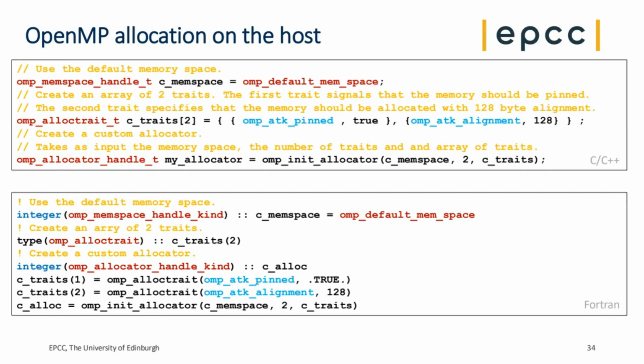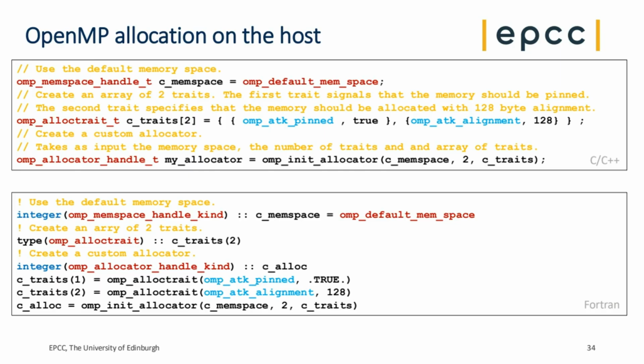So you've got an example using C and then an example using Fortran. They're just equivalent snippets of code here. So you're declaring a namespace, and you're assigning the value default namespace, but you're free to use other things. You could go for a high bandwidth memory space if you wanted to, and then you specify an array,